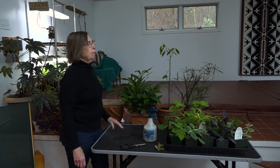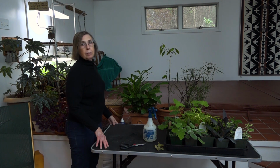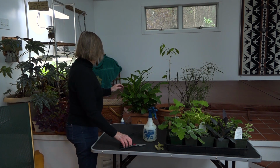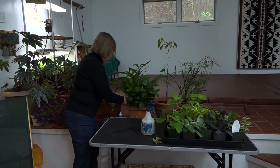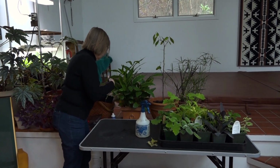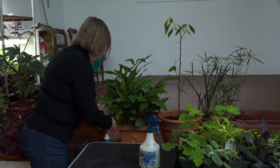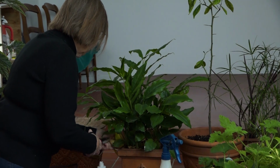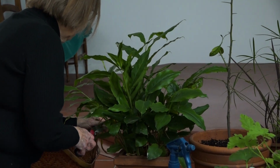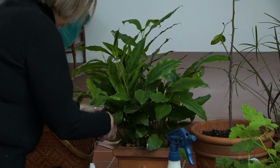Most of my house plants have been brought inside. Nearly all of them spent the summer outside, and now it's just a matter of caring for them. And I have some leaves that need to be cut. Anytime the leaves yellow, I'll cut them off. This is a cardamom plant. I have never had cardamom pods, but it's a nice foliage plant anyway, even if I don't get a crop of cardamom from it,